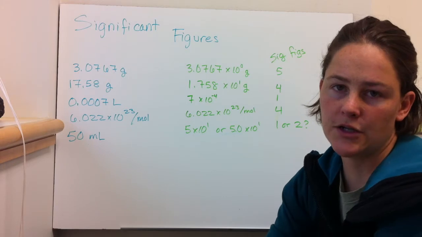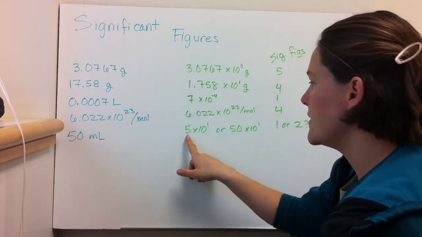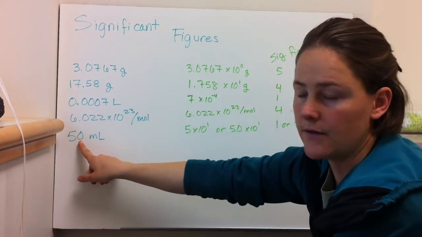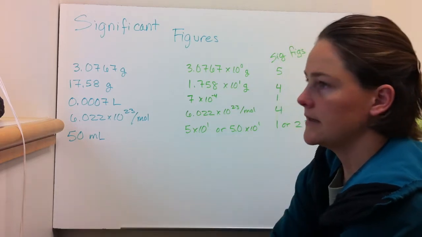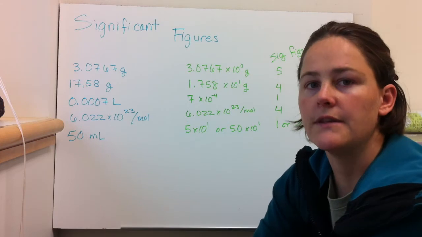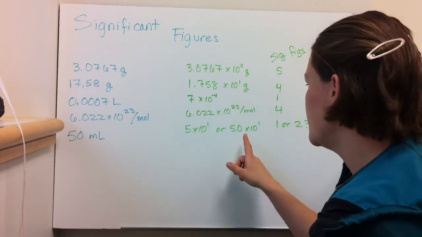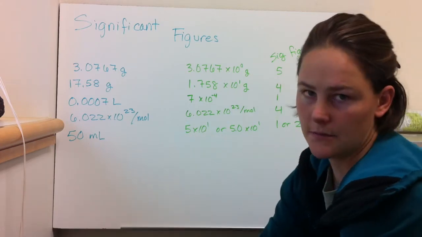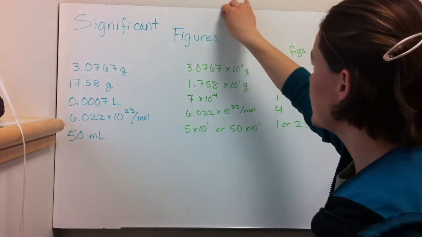50 milliliters is a question mark because it's not really clear whether that 0 is significant or not. Usually you see a decimal point after the 0 if the 0 is supposed to be significant, so it's more likely that it's actually 5 times 10 to the 1. Alright, so